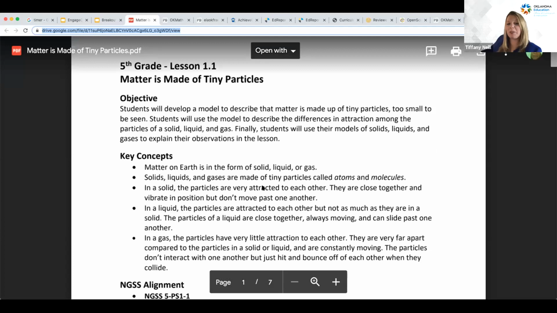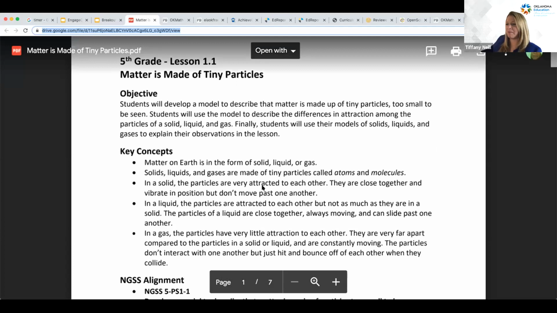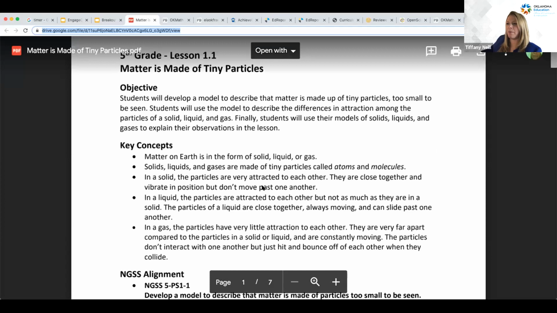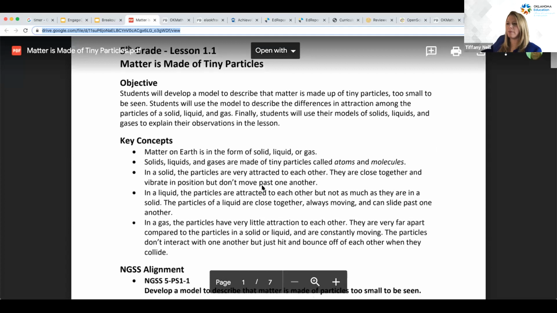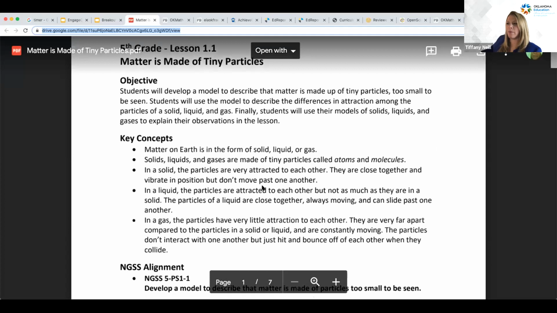So I'll just slowly scroll through this. So you can see some of the key concepts listed here.